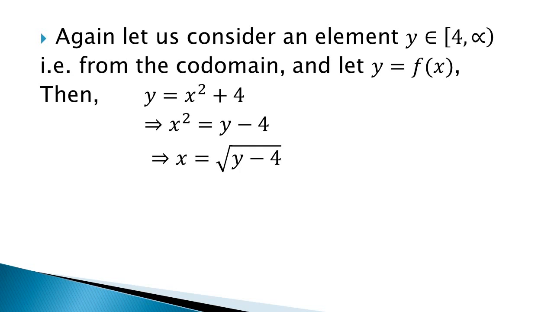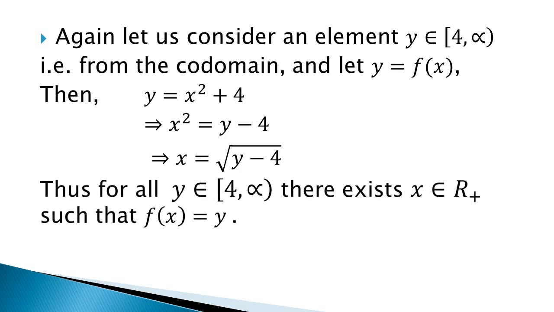Now we can see for all y's from the codomain, y's are also positive numbers, right from 4 to infinity. You can see if we put any real number from the codomain, then the value of x will be a real number, because y starts from 4 itself. And hence we see that for every element y of the codomain, there exists an x in the domain such that f(x) is equal to y. Means every element of the codomain will have a pre-image in the domain,